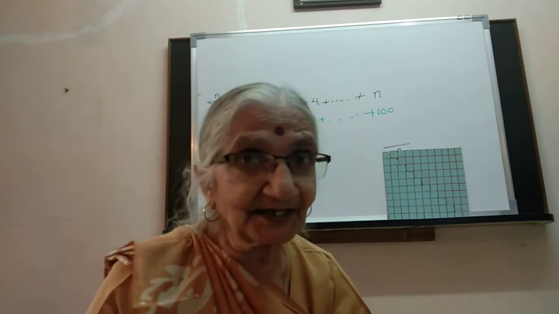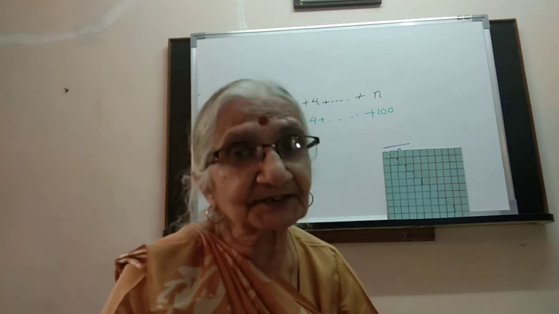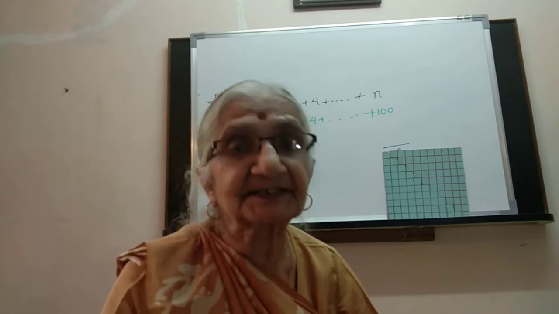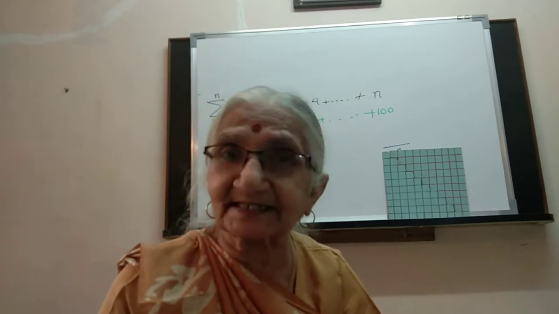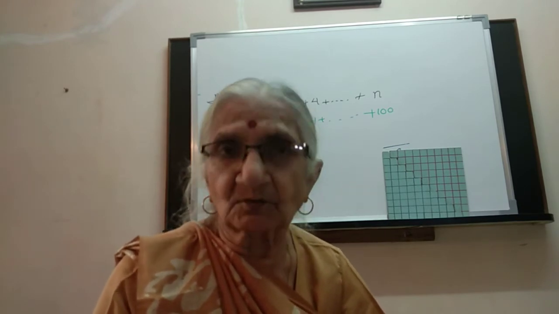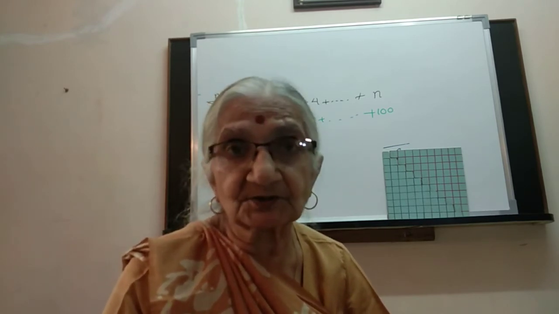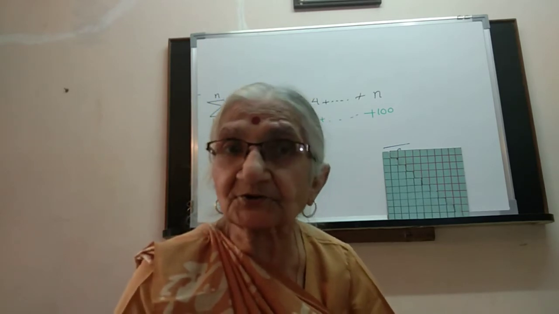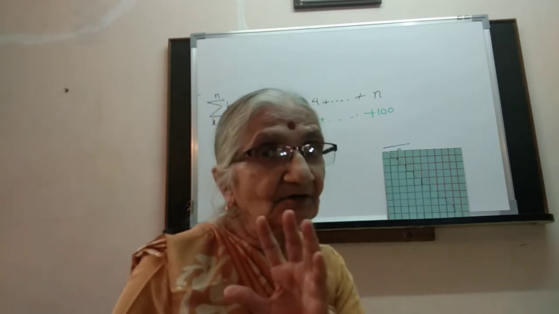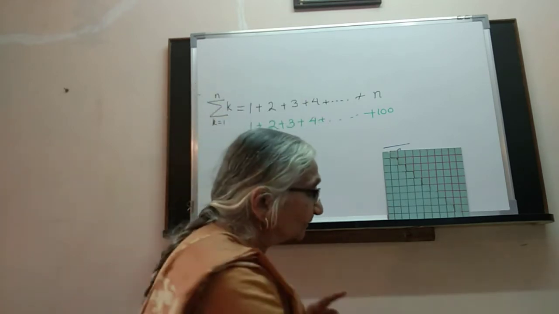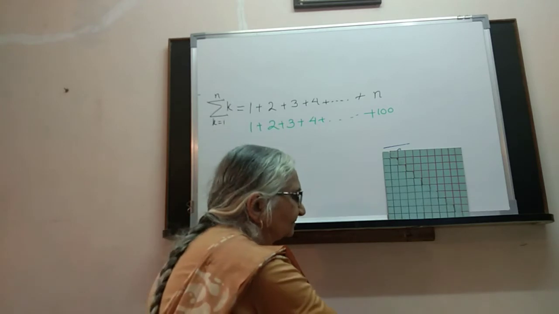The correct answer is important, of course, but the correct method is more important. The method that he used, not the correct method, the method that he used, there could be other correct methods also, was more important. The teacher was also impressed by it. And let's see what Gauss did. Remember now, at the back of our mind, we have to remember he is a 7 or 8 year old boy.